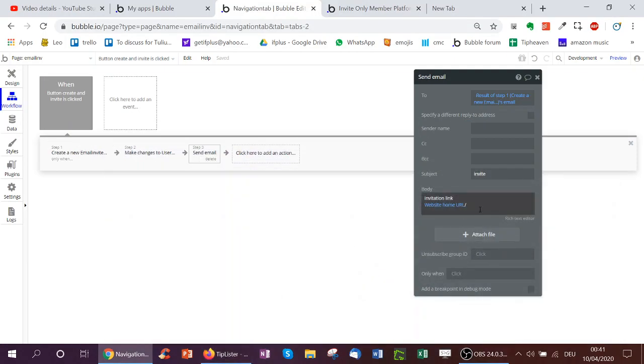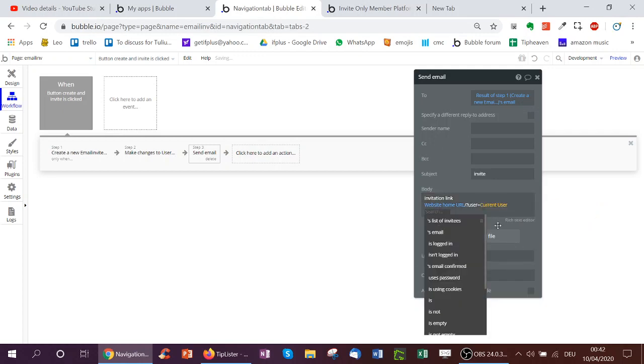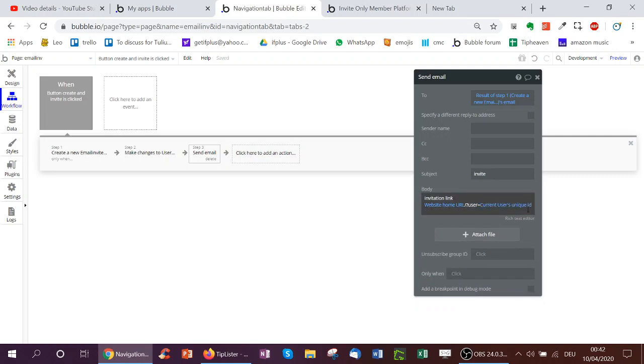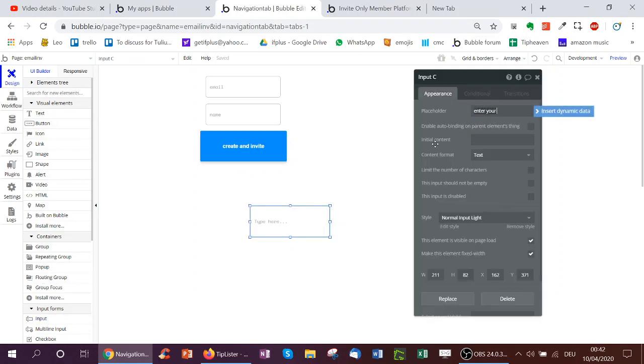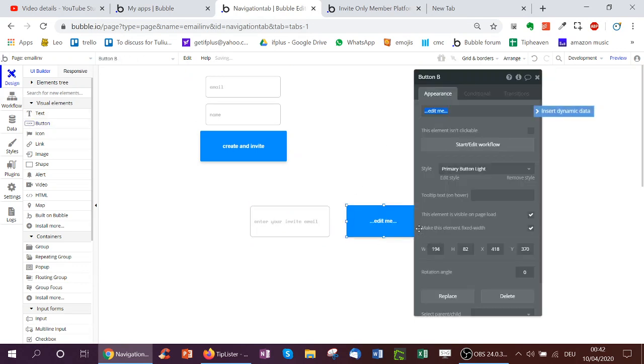question mark user equals current user's unique ID, pass along the user's ID or username, so then the person who receives the invite link basically sends information to the page, and then the person opening the mail to join might go on a different page. We're going to do it on the same page here, but I'll just say enter your invite email and then check,